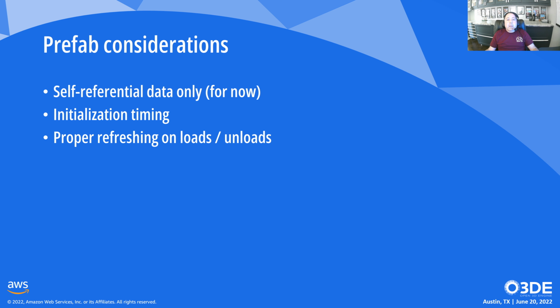So for the most part, you can put anything into a prefab, but when working on the terrain system, we found a few tricky things that you need to consider. First is that the entities in the prefab can't currently reference any entities outside of the prefab. And this works great if you've got self-contained data that you're adding to the world. It's a little bit problematic with the terrain system though, and it required a bit of creativity to work around, because with terrain, we're generally trying to overlay or modify existing data and not just replace it wholesale. There are some features planned for prefabs that'll solve this problem, but for now it's just something to be aware of